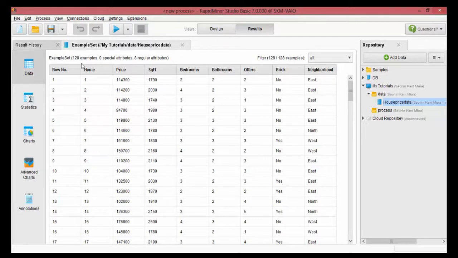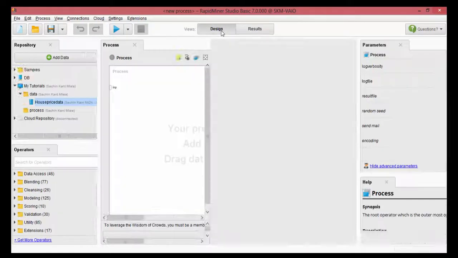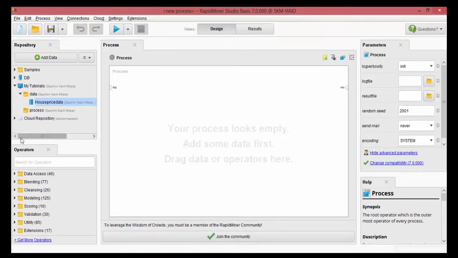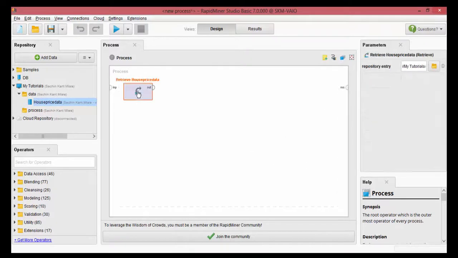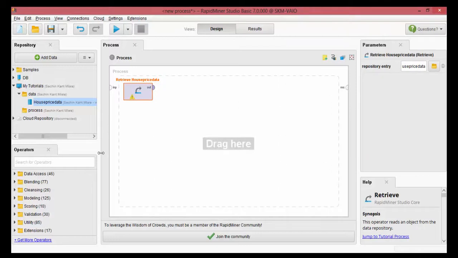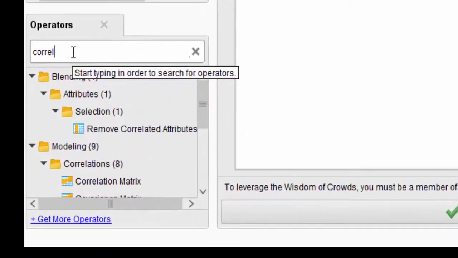Now coming back to the data mining steps, we are going back to the design tab, and here we are going to do our process. To begin with, to import our data into the first step, we just drag this and drop it in the process window. So your data is already present. Our first step would be to check for the correlation between the various attributes present in this data set. For that you can search for an operator called correlation,